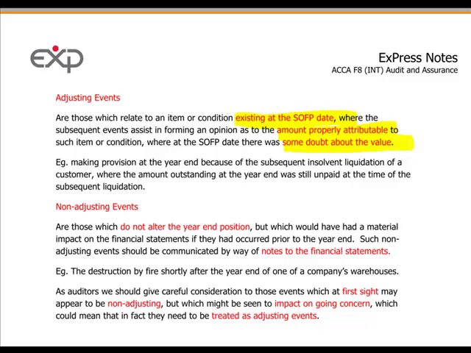Yes, so the adjusting events just provide more details about an event that was known at the reporting date, but now we have more information about that. For example, making a provision or an adjustment for a client that's gone insolvent. At the date of the year end, there are unpaid items and unpaid balances related to that client. So the fact that he went insolvent, that's beginning liquidation, now we know more information about it and we are providing for it, we are adjusting the value.